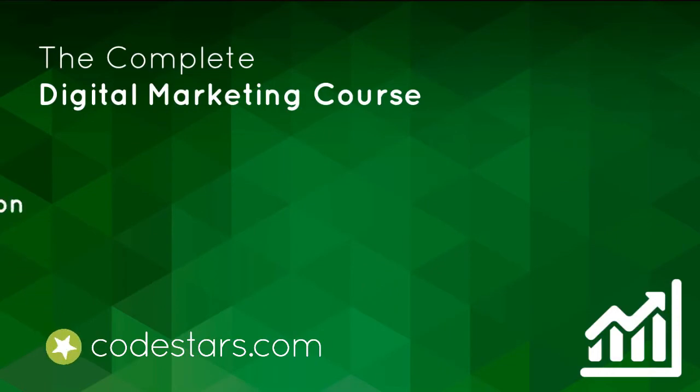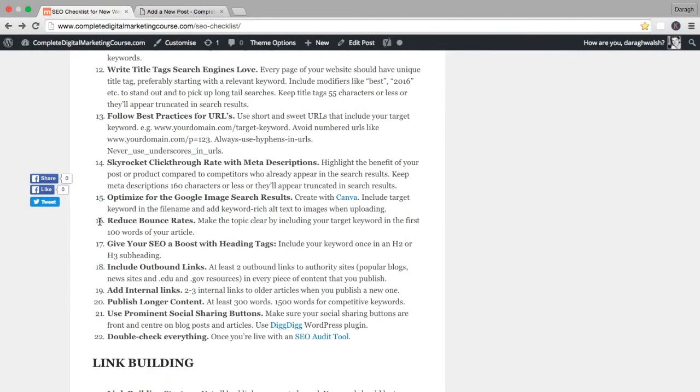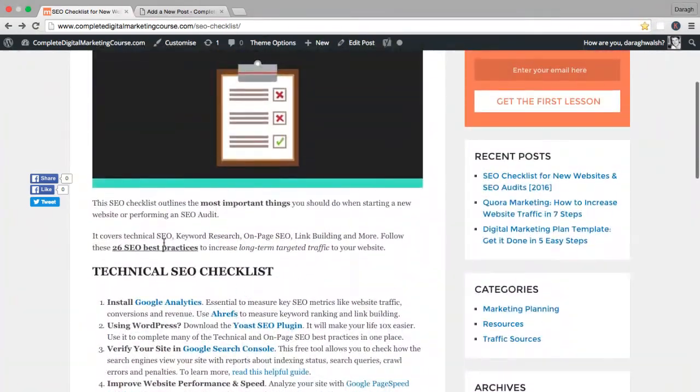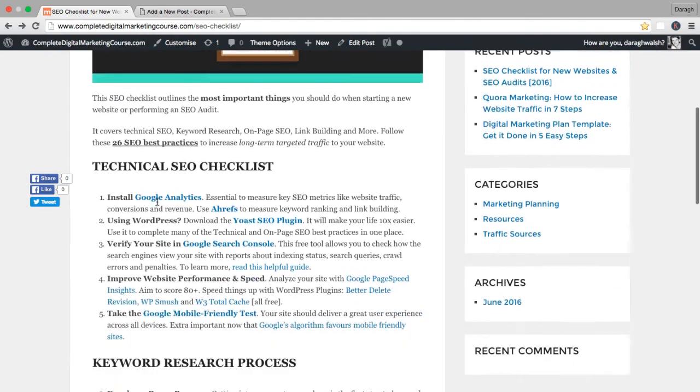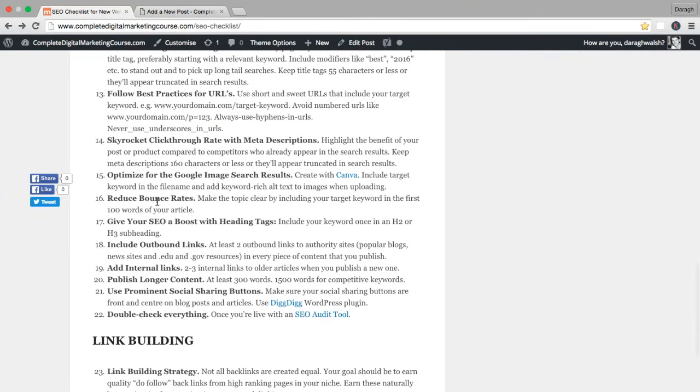In the last lecture, we optimized your images for these search results, and now in this lecture, we're going to cover off the remaining points in the on-page part of your SEO checklist. Starting off with reducing bounce rates, you really want to make your topic clear right from the start. So it's suggested that you include your keyword in the first 100 words of your articles, and you can see that I've done that here, this SEO checklist. I'm making it very clear right from the start what this article is really